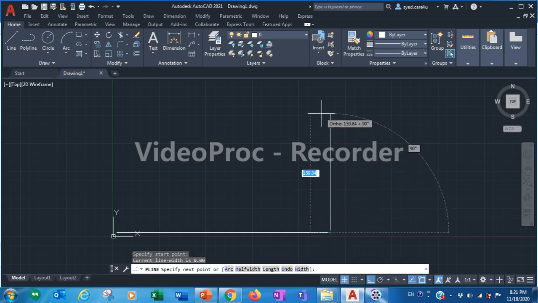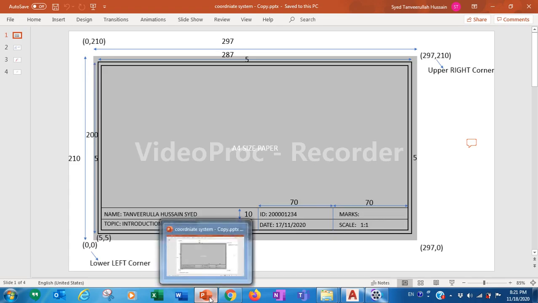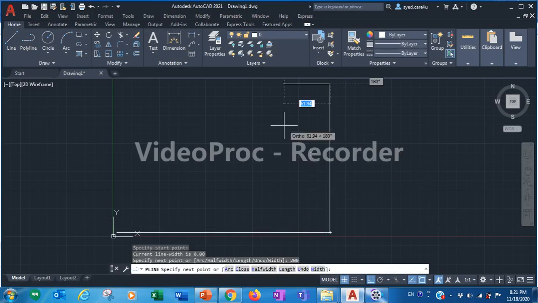Now what is the height? See here, from here to here, the height is 200. So go here and type 200 and press enter.